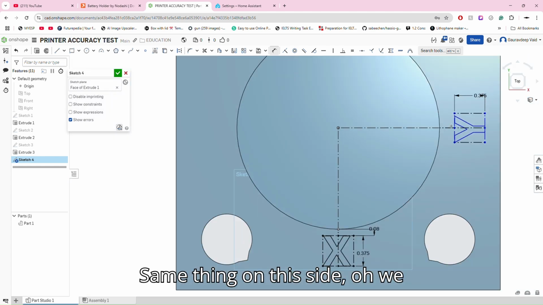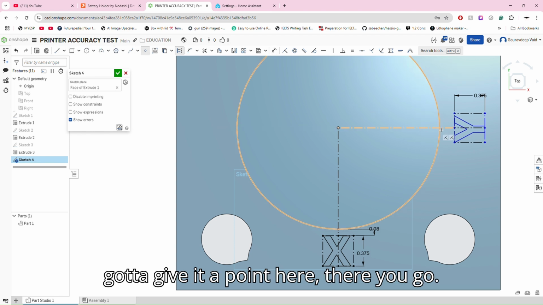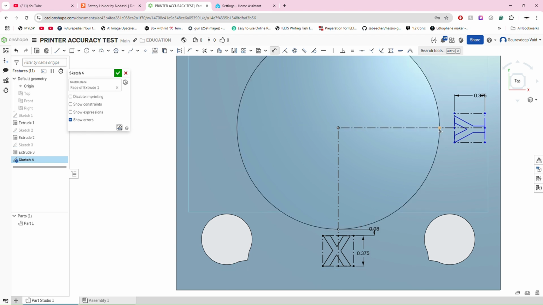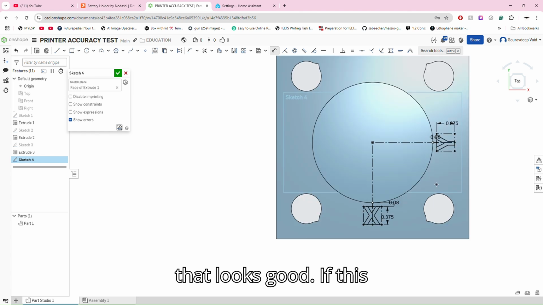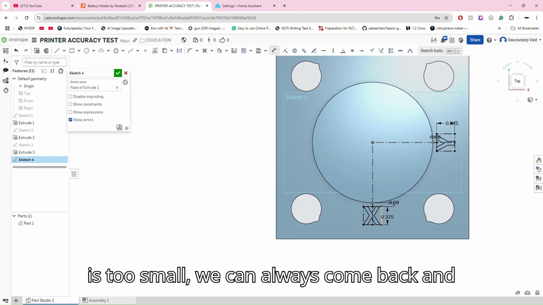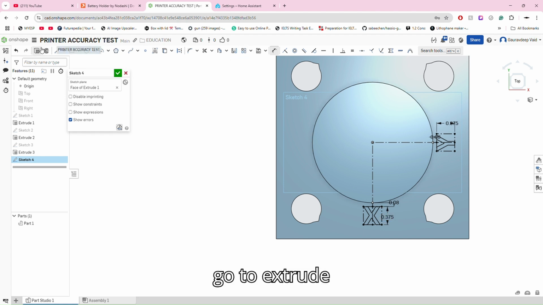Same thing on this side. Oh, we gotta give it a point here. There you go. This to this is 0.08. So that looks good. If this is too small, we can always come back and give this a bigger dimension. So go to extrude